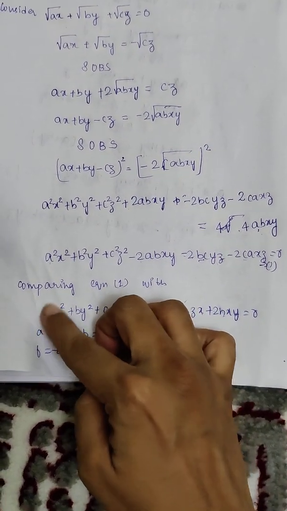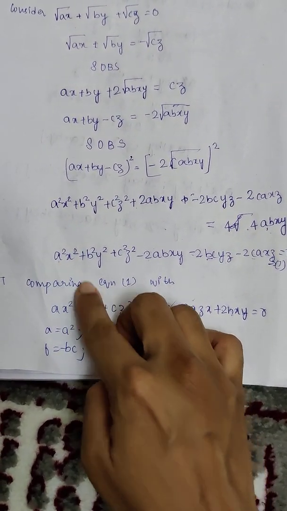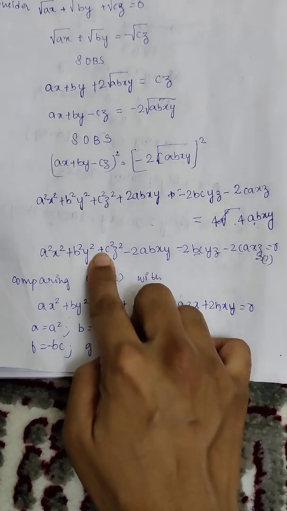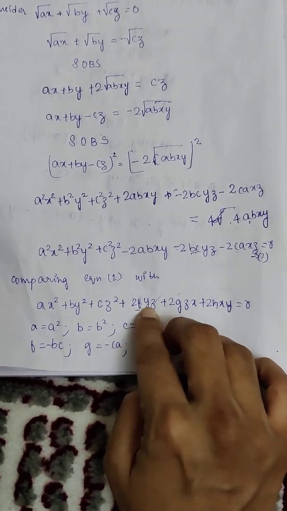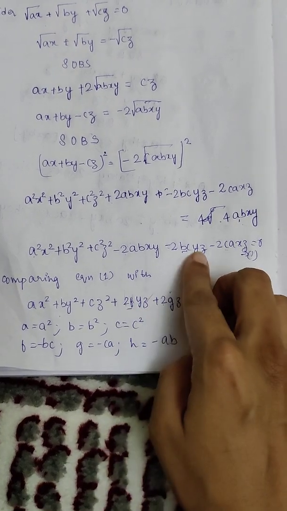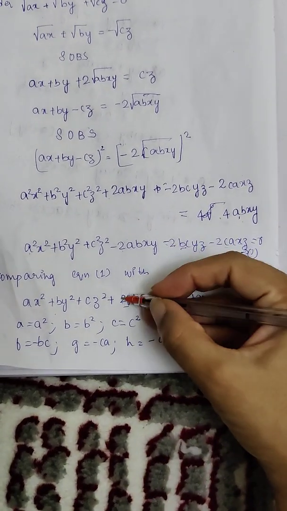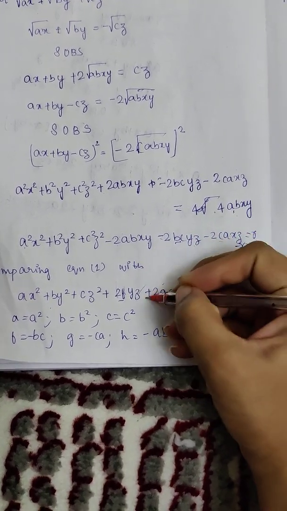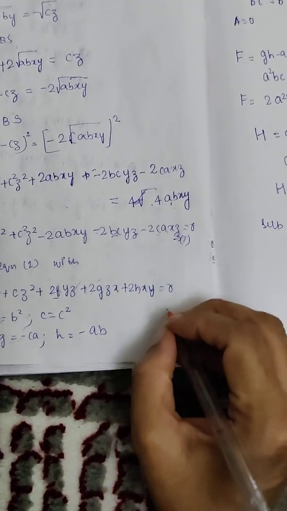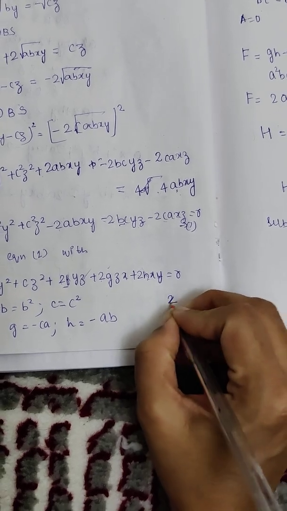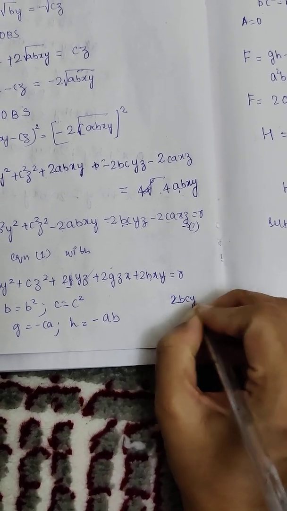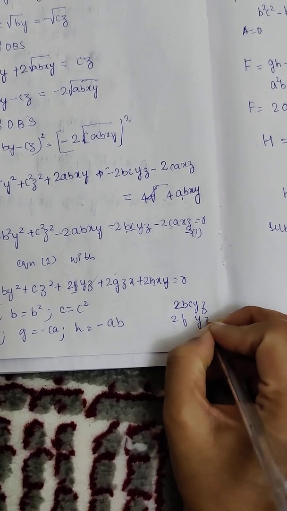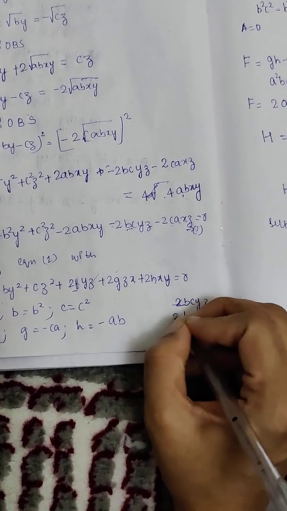Then if you're going to compare, your a is a square, your b is b square, your c is c square, then 2fyz. Now you see 2fyz. If you're going to compare this, 2f is this place, y and z is same. Let me do it for all of you over here. Minus 2bcyz, 2fyz. So if I'm going to compare this and this is same, this and this is same,